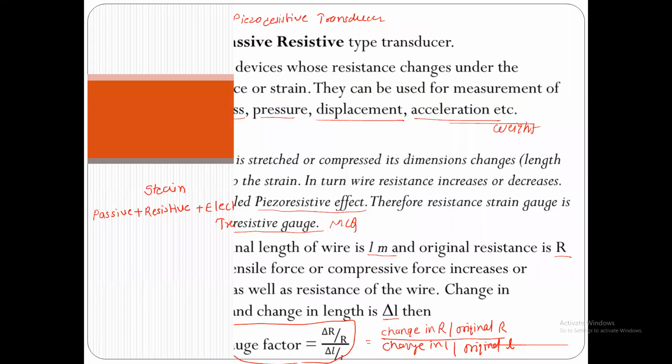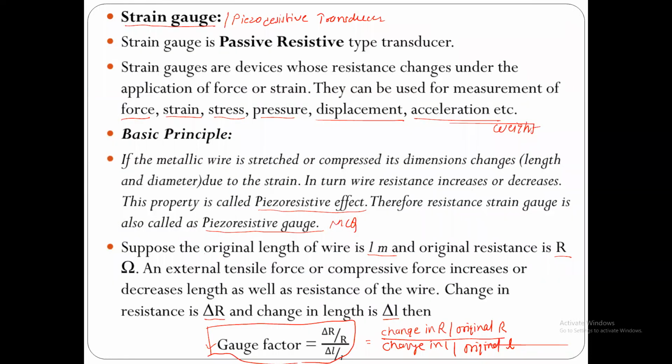The basic principle behind the strain gauge is, if the metallic wire is stretched or compressed, its dimension is going to be changed. And when the dimension changes, in turn the resistance of that wire is going to be changed. And this change in resistance is always directly proportional to the applied force, pressure, or weight on that wire. So in this way, the change in resistance can be measured in terms of electric voltage. And for that,